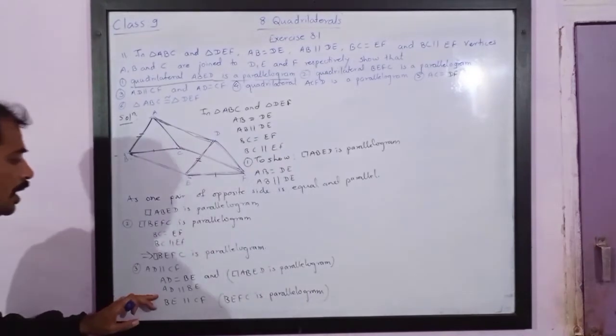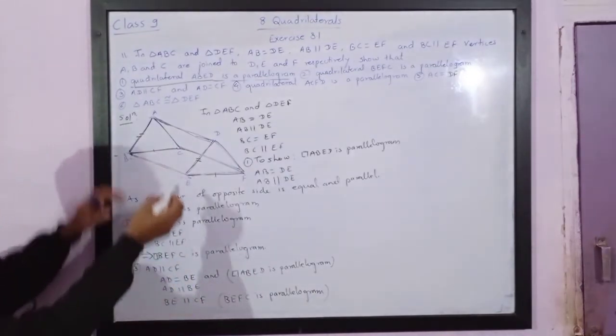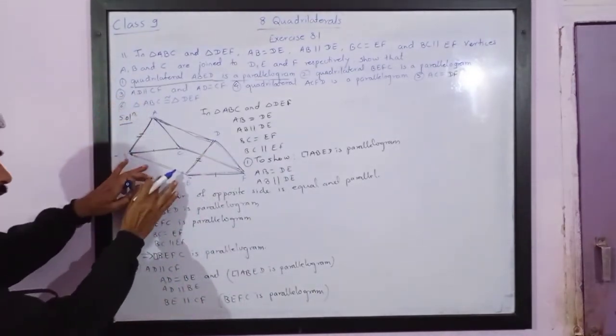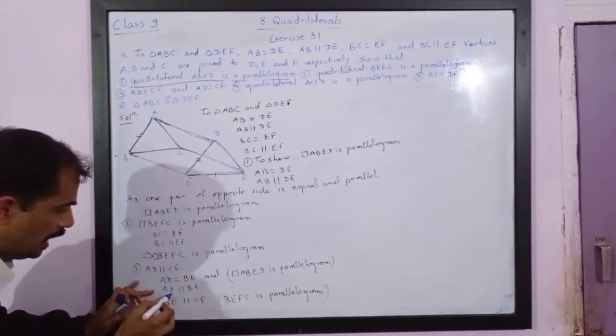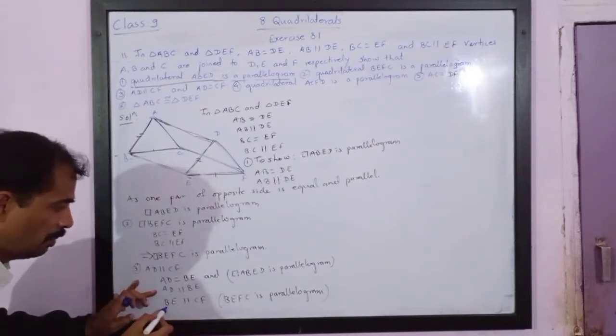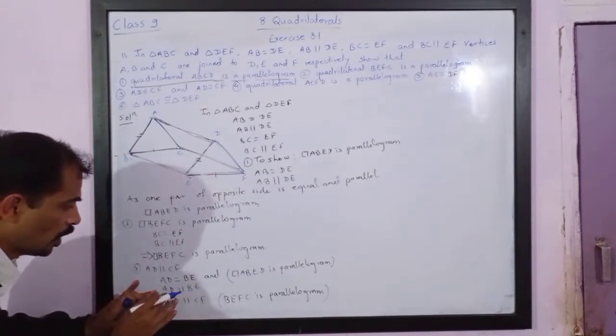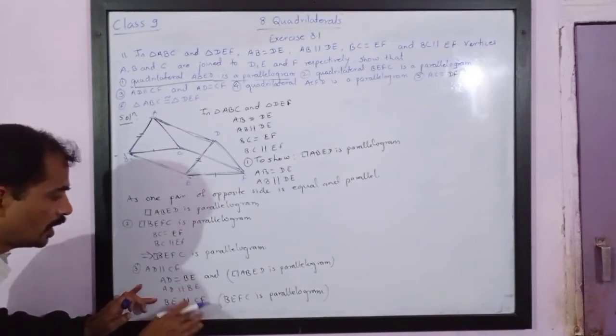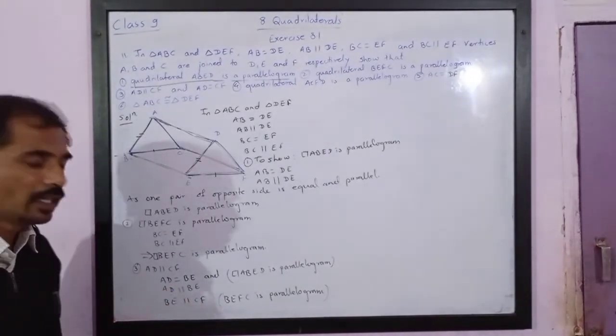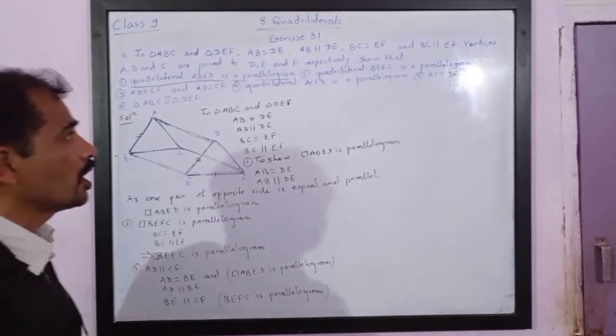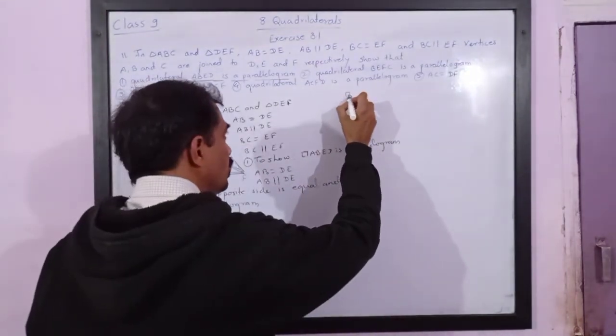Now see, AD is parallel to BE, but BE is parallel to CF. So 1 is parallel to 2 and 2 is parallel to 3. It means first and third must be parallel to each other by transitivity. The property is called transitivity. By transitivity we have